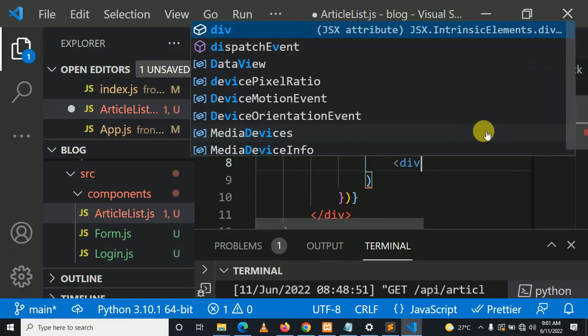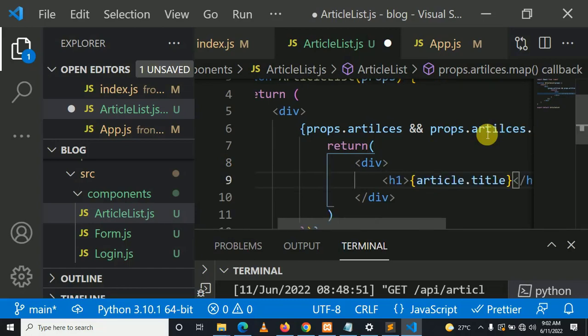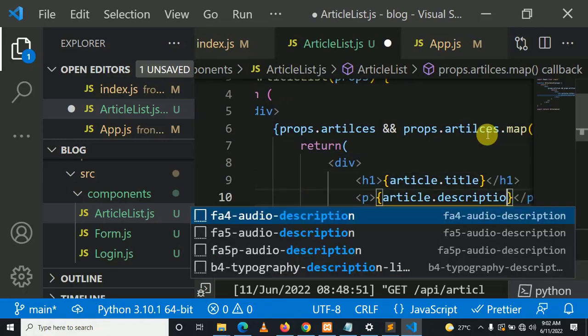So let me put here div. Okay, so here I need to display the article title. Then the next thing to display is article body. So as I've told you that we needed to pass article from child component, which is article list, to parent component, which is